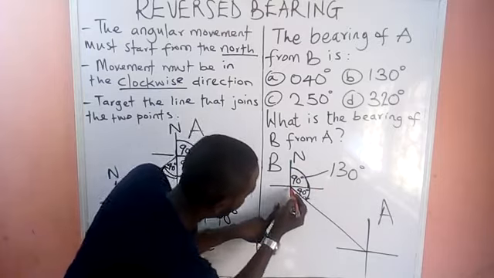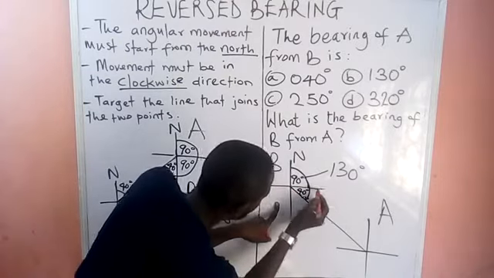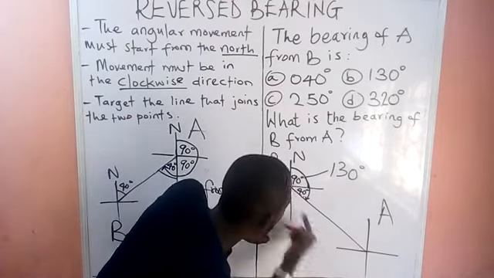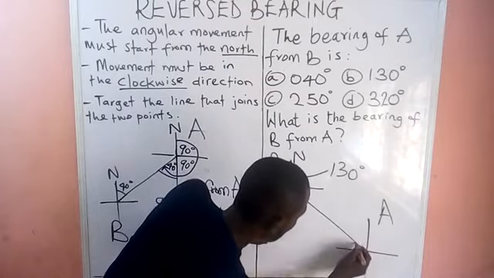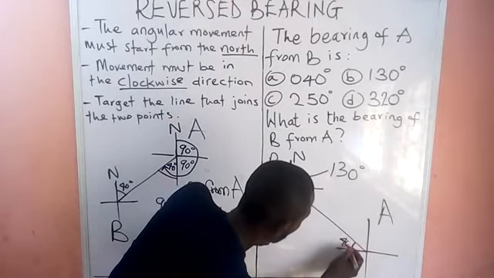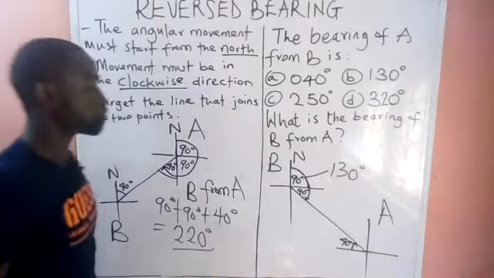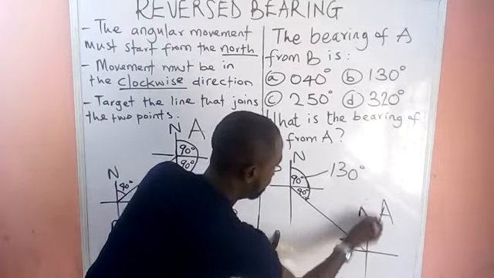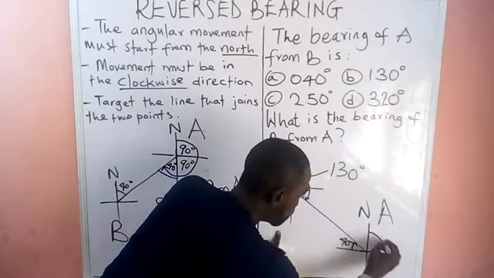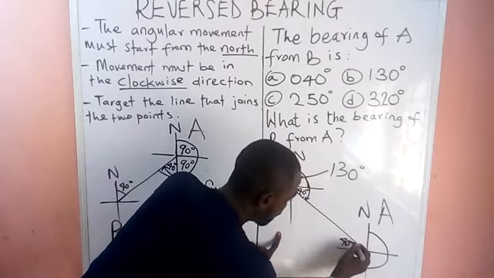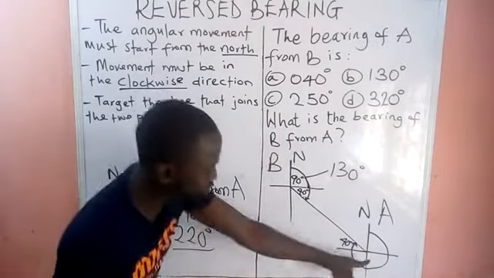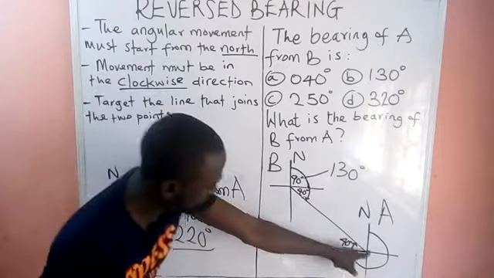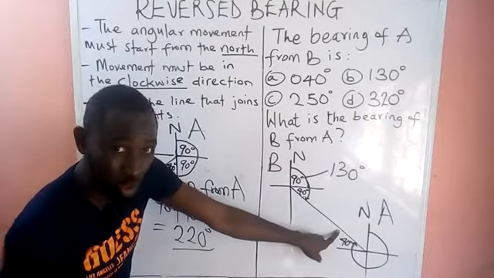Yes. Z shape. Look at this. It's coming like this. So it means if one is 40, this place too is 40 degrees, because they are alternate angles. So what is now the bearing of B from A? I will start from the north, and move in the clockwise direction until I get to this place, and then I will stop. This is the line that joins them together. That's our target. So I'm going to stop on this line that joins the two together.